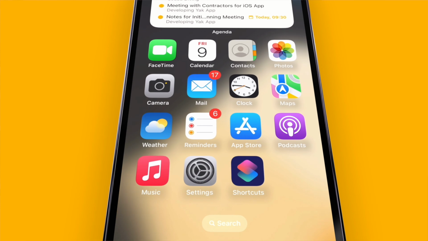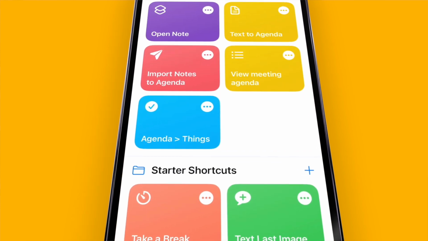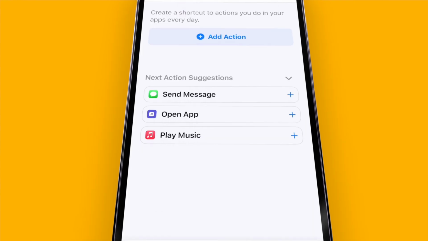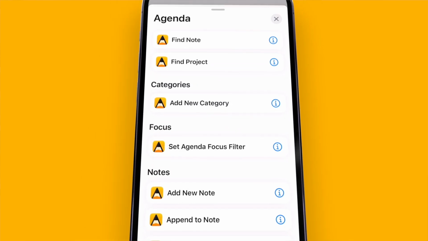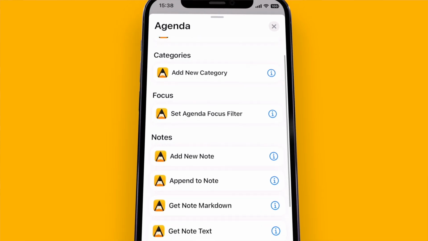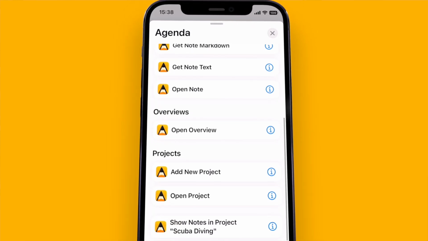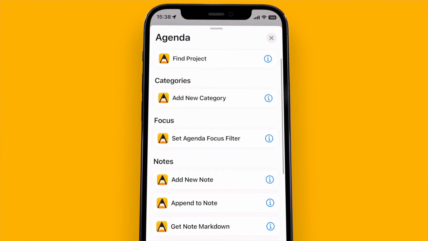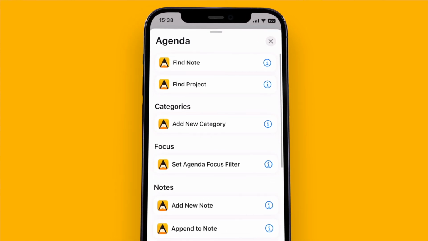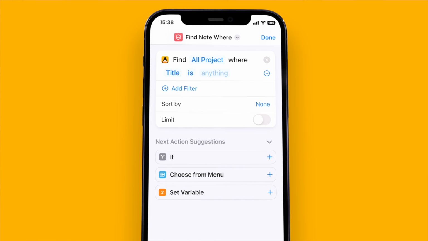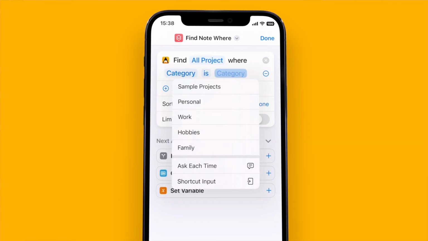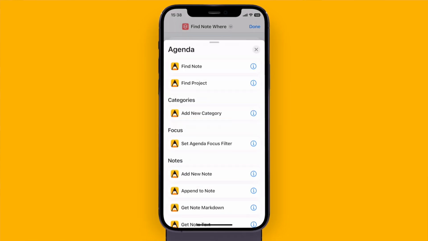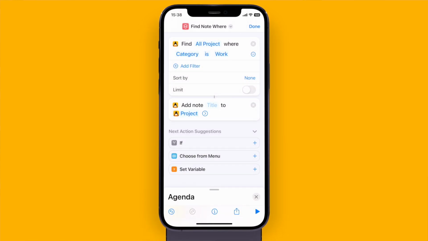Finally, in this release we added the first so-called shortcuts for Agenda that you can access in the Shortcuts app. It allows you to further integrate Agenda with other apps on your device. To explain everything about the Agenda shortcuts and how the Shortcuts app works is probably something for a separate video. But if you want to learn more, the best thing you can do is to go to the Agenda community, which has a separate section all about automation and shortcuts.